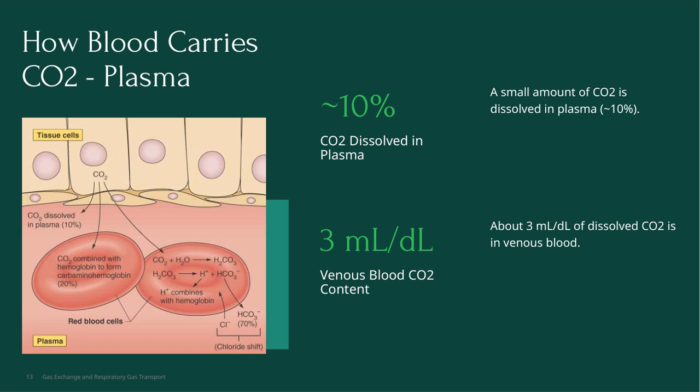A small but important part of CO2 is dissolved directly in the plasma, roughly 10% of the total CO2 transported. When we look at venous blood, the amount of dissolved CO2 is about 3 milliliters per deciliter. This might seem like a small amount, but it plays a crucial role in the overall process of gas exchange. This dissolved CO2 in plasma is one of the ways CO2 is transported from tissues back to the lungs for